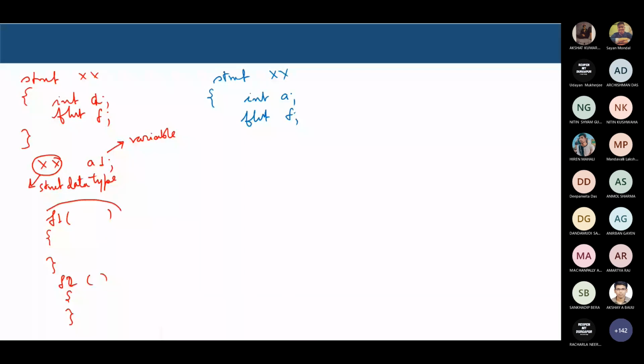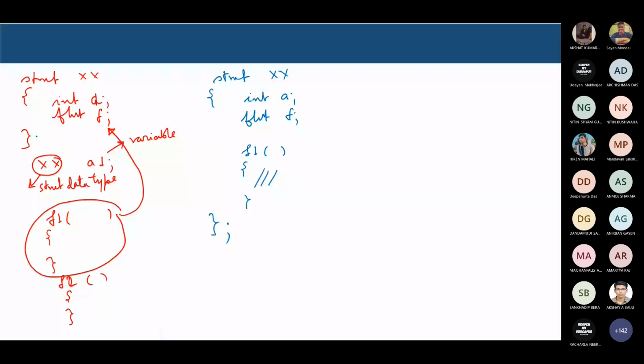So this F1 is somehow related to this particular structure or operating on these structure variables. So in C++, we'll have the ability, or it supports, that we can include the definition of that function or method